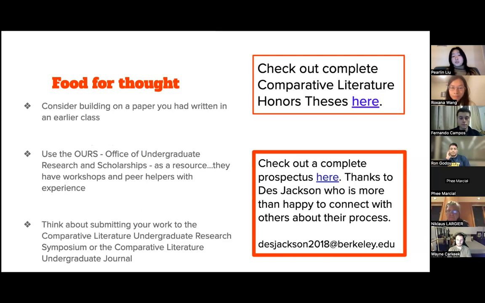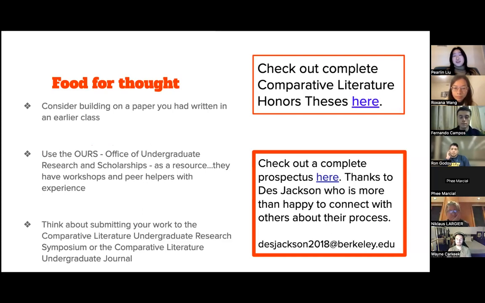Utilize ours or the Office of Undergraduate Research and Scholarships as a resource. They have workshops and peer helpers with experience. And one other thing is that they have several programs available for those interested in starting their honors thesis research early. And finally, consider submitting your work to the Undergraduate Research Symposium in the Complit department or the Comparative Literature